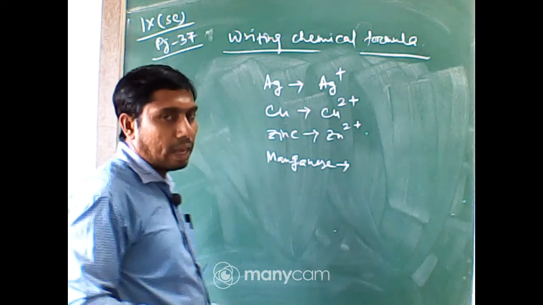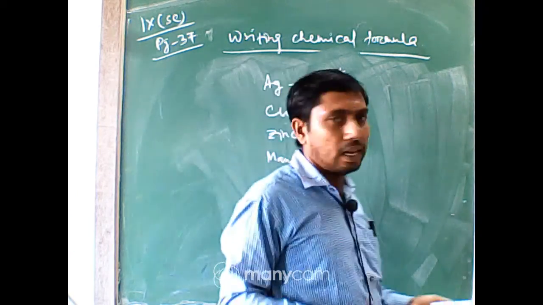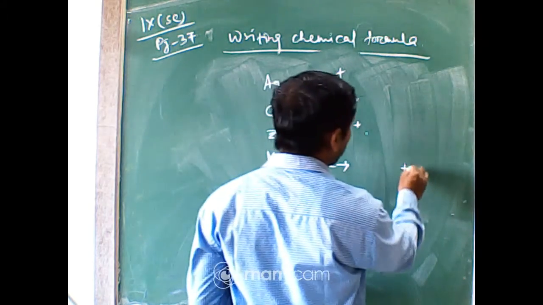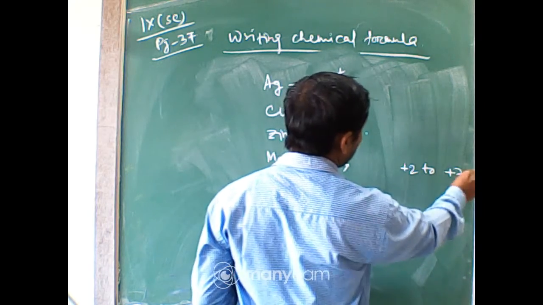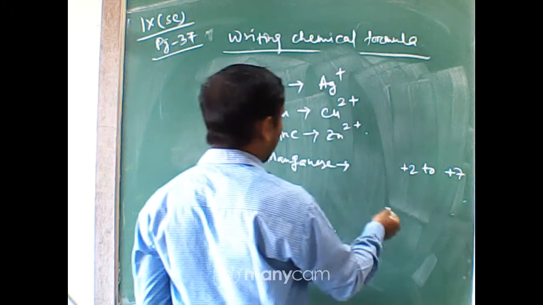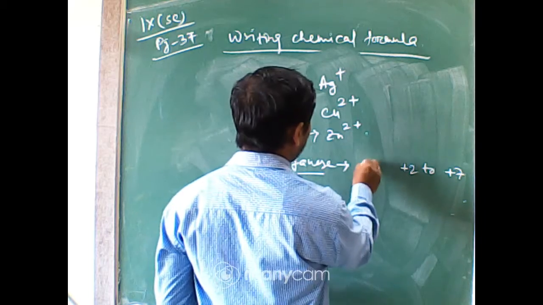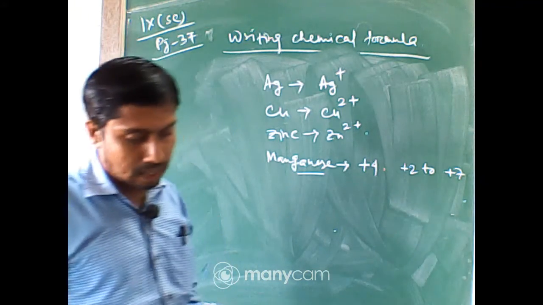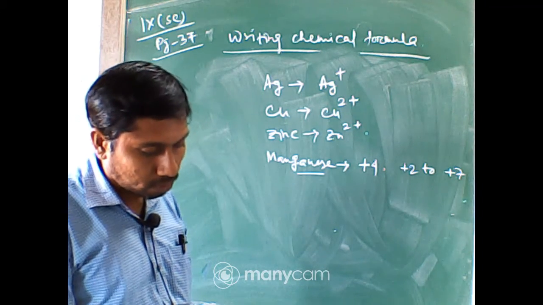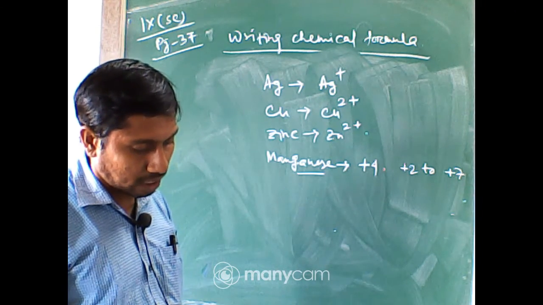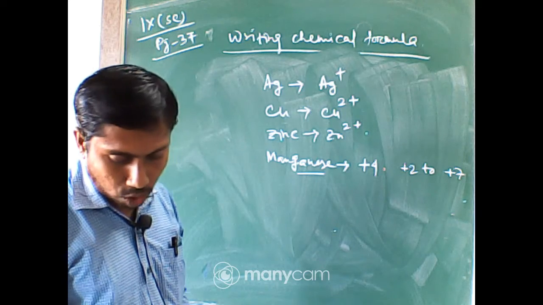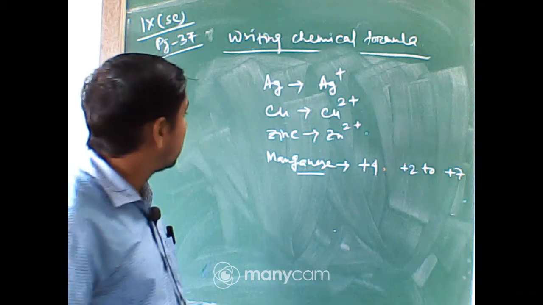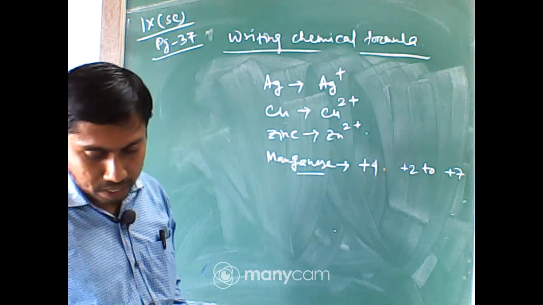manganese forms a variety of complexes from plus 2 to plus 7. It has a range of oxidation states or valencies from plus 2 to plus 7. Manganese here, I have written plus 4, but generally manganese is plus 2, that is manganese oxide. So, these are the commonly used cations, and also zinc is written, okay, barium and